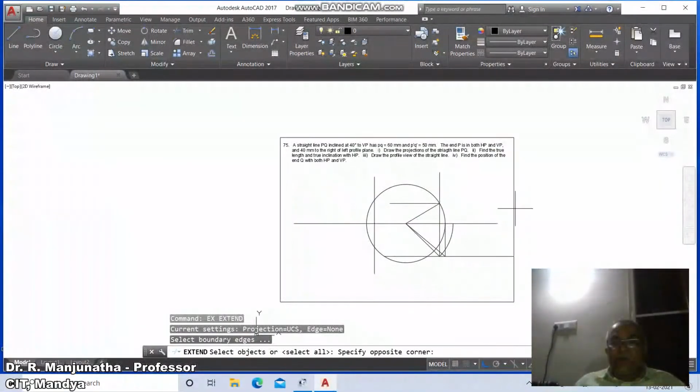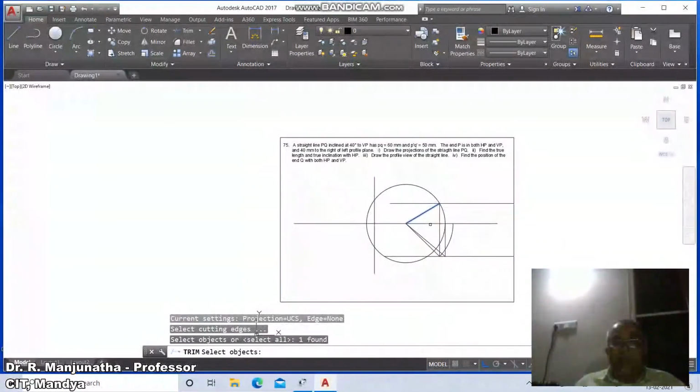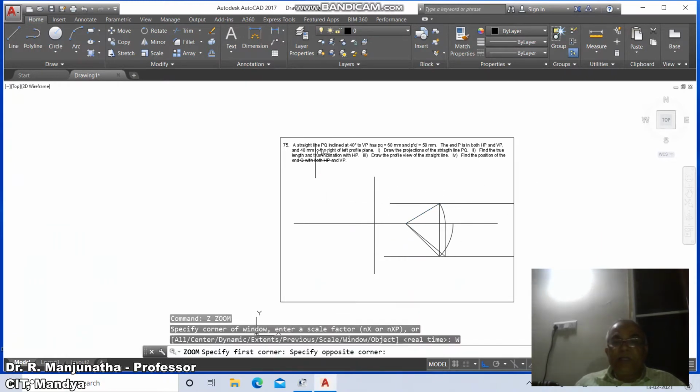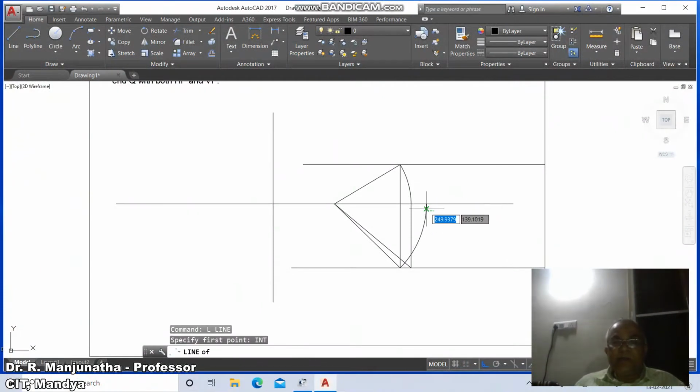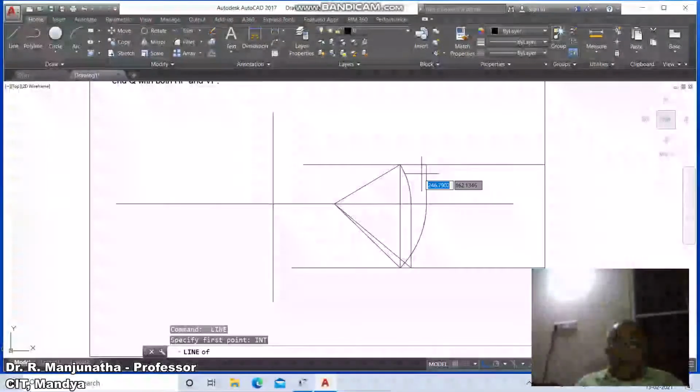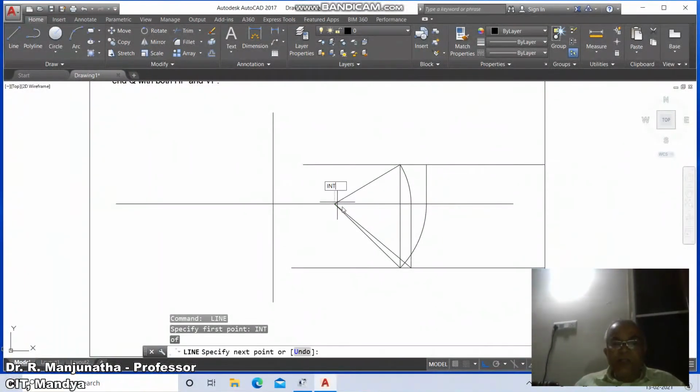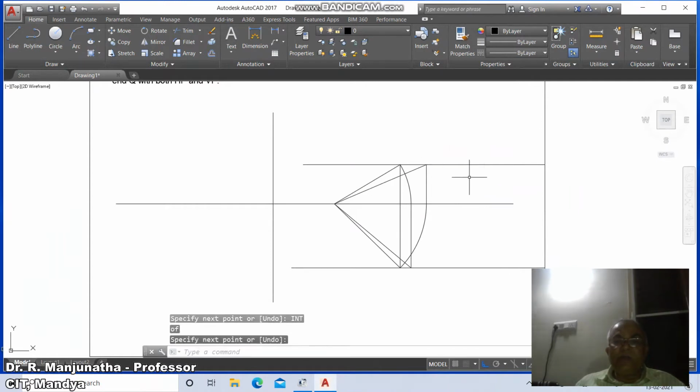front view now. So go to extend this line till here. Then go to trim it here. Then go to trim between this line and trim this extra arc. So from here to here. Once you get this, then go to line, take intersection point of this and draw perpendicular to this line. So then draw line, intersection point of this to intersection point of these two lines.